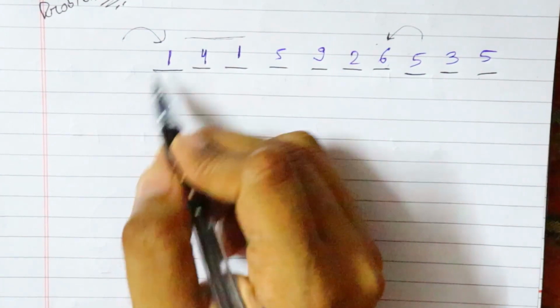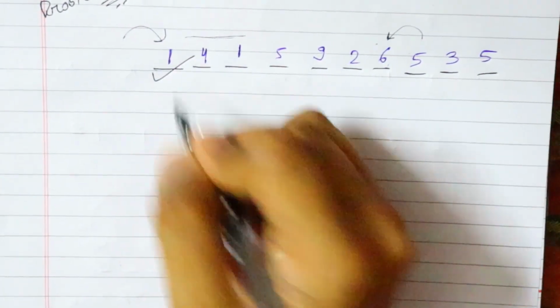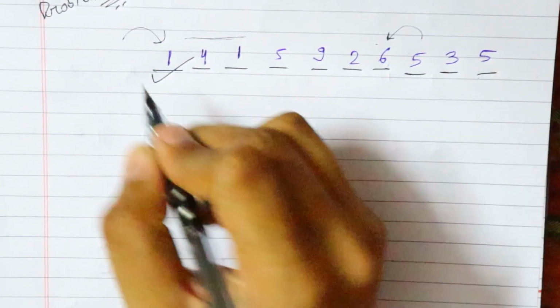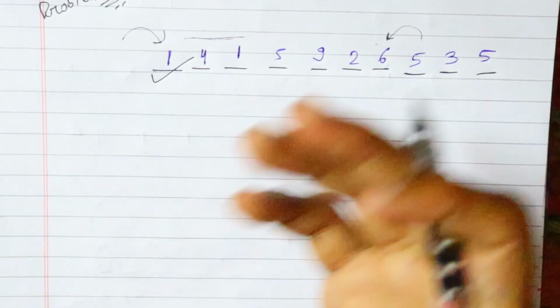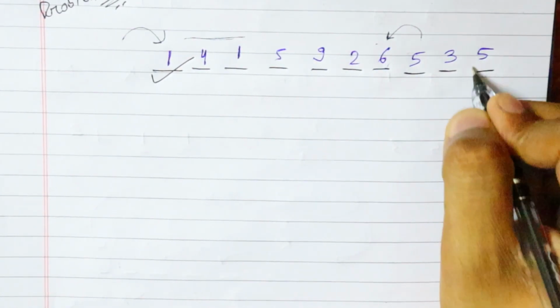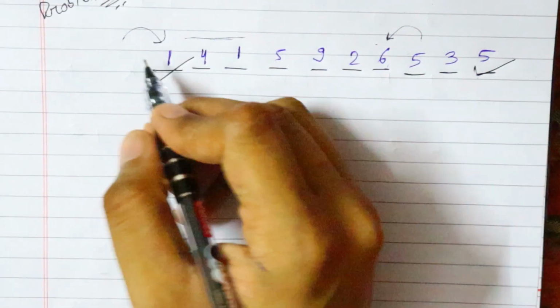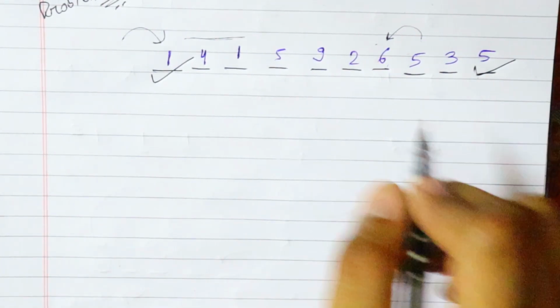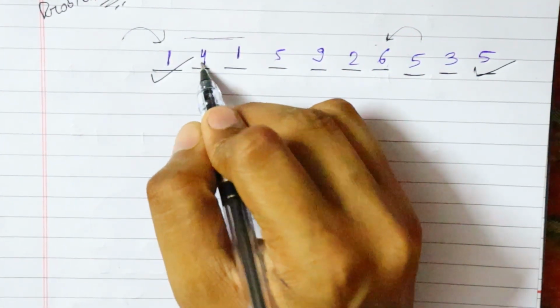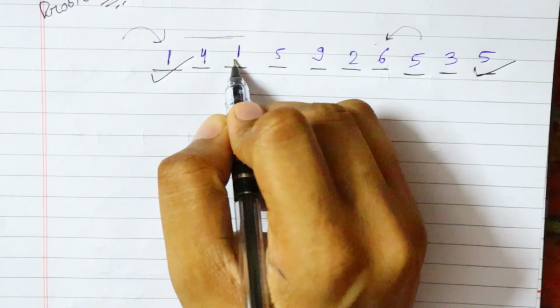First of all Alice will opt for this. Then Bob needs to opt for something which is higher than 1, so it will opt for 5. Then Alice will need to opt for something which is higher than 5, so it will opt for 4 plus 1 plus